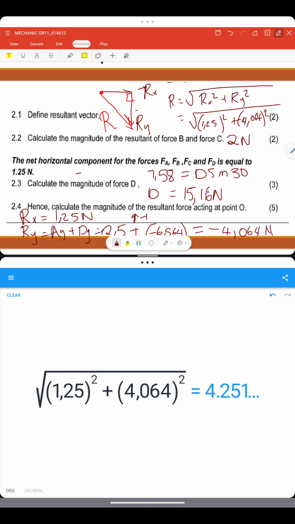Okay, that is more like it. So my calculator tells me that the magnitude of R will be that value over there. I'm out of space, I'm just going to write it up there. R has a magnitude of 4,251 Newton. Remember, we are only asked to calculate the magnitude, so we don't even need to go as far as finding the angle